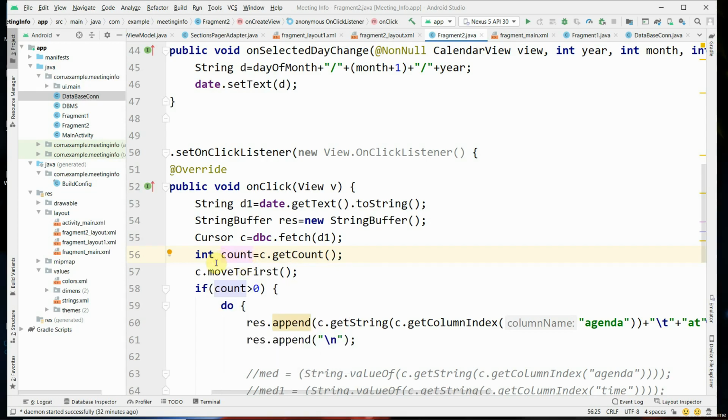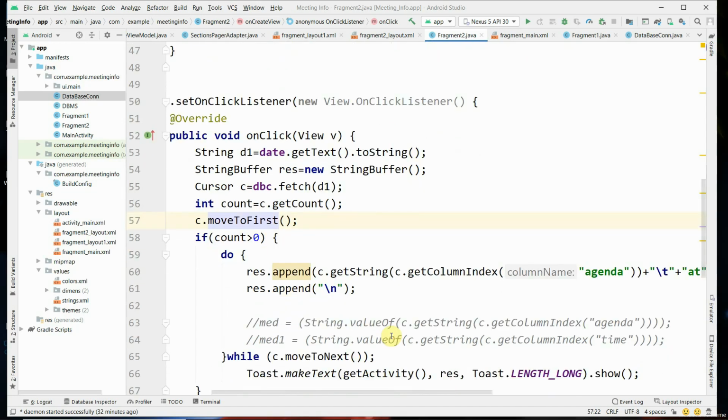Now c.moveToFirst moves the cursor to the first record, the beginning of the record set. Then if count is greater than 0, then do the following.